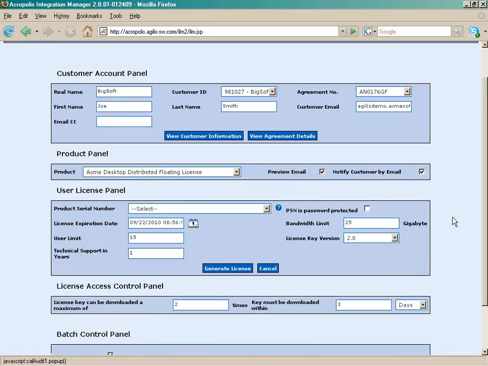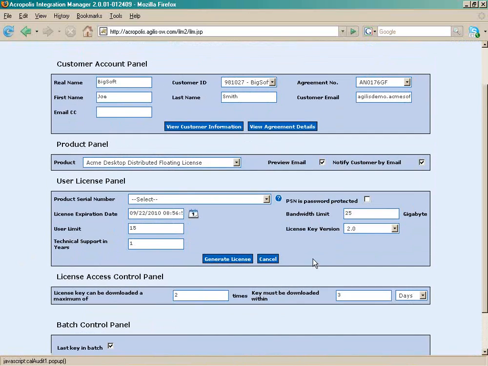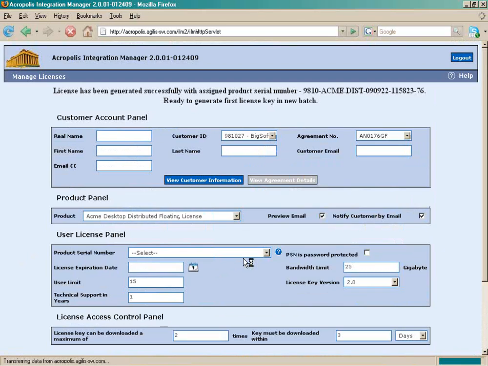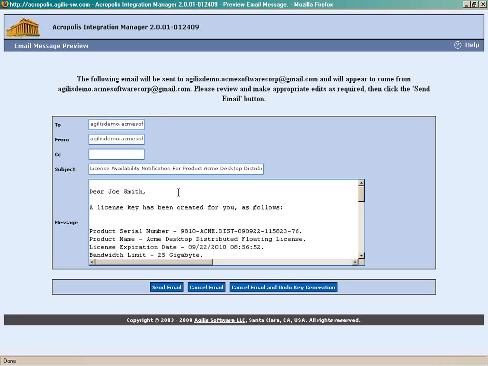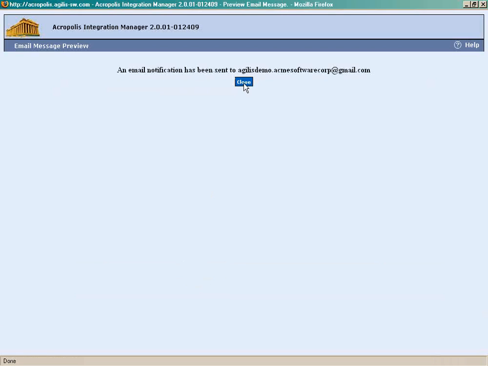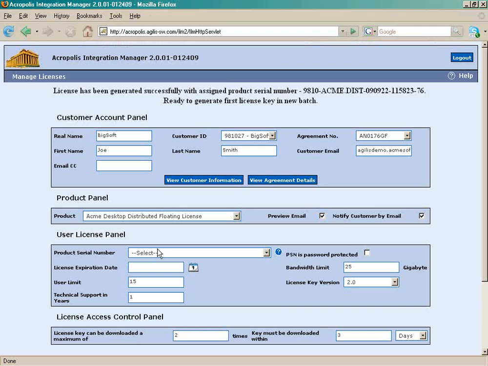Okay, so this looks good. It's the last key in the batch. It's Orion user license, so let's go ahead and generate that license. Again, there's email preview, Dear Joe, all looks good. Right, let's send that. In this case, I'm going to actually show you this email as to what that looks like. So let me go to,